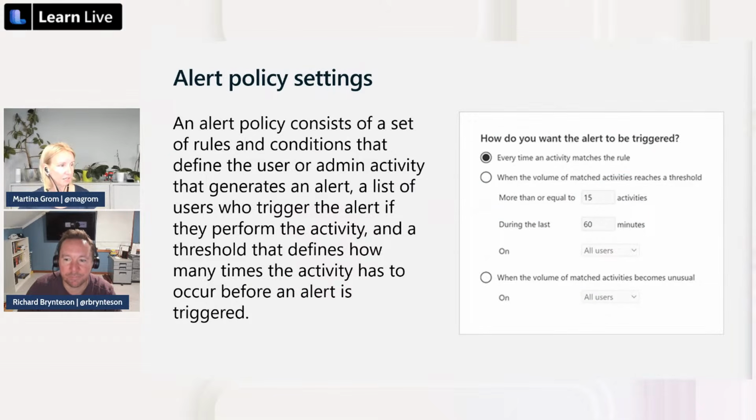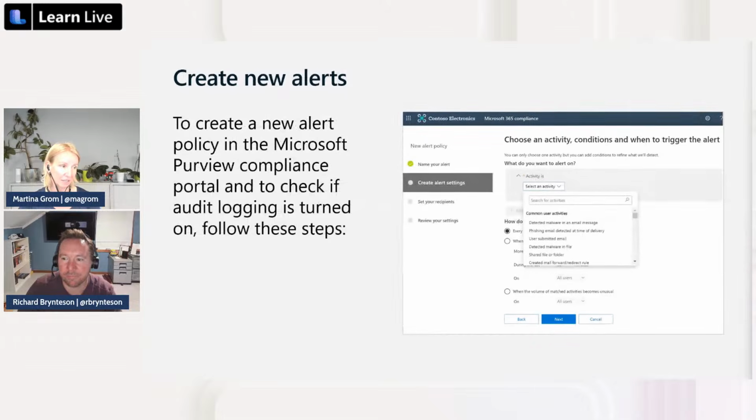From the policy, you can also go into how often the alert is triggered, each time or when equal things happen, for example every 15 minutes or anything else. And from a triggering perspective, you can create the alert policy and say, okay, I want a new alert policy which is on a specific topic. What is the activity around that? What is the severity around that, and so on.